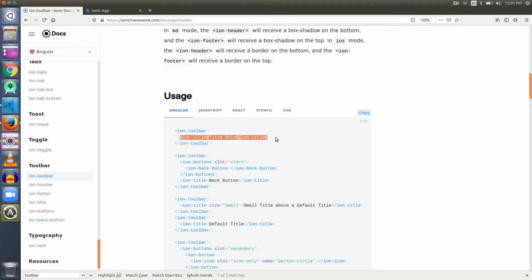If you are using ion-toggle, again we should use ion-label. If we are using something inside an ion-item, we must use ion-label. If we want to color some text, we must use ion-text. If we want to display something inside an ion-card, we must use the child UI components provided with ion-card. If we want to write something in an ion-header or a toolbar, we must use ion-title. So whenever you are writing some text, please refer to the Ionic documentation, and it will give you all the descriptions in a very simple manner.